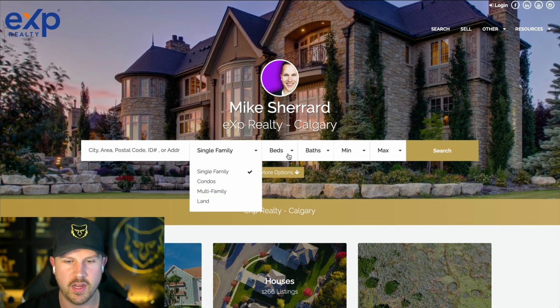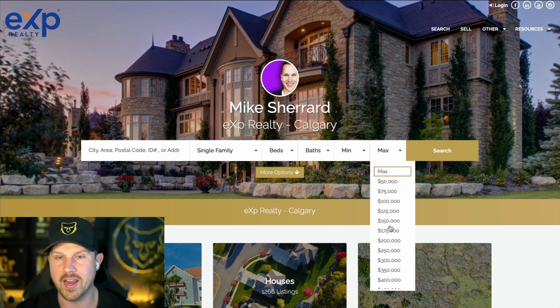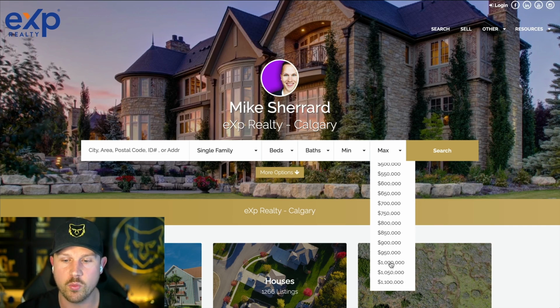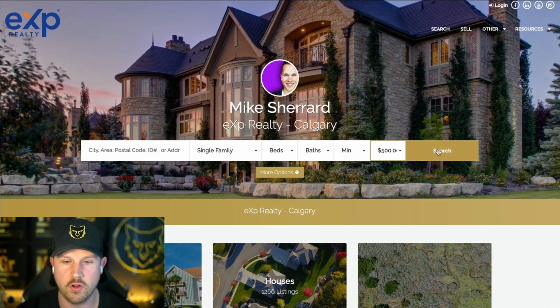And typically it's going to be houses. And then usually, again, based on my market, the average price point is going to be something like $500,000. So that's going to be pretty typical for downsizing. But again, maybe yours might be $1 million. Either which way, what you want to do is pick something slightly above the average. So knowing that my city's actually average is about 450, we're going to choose $500,000